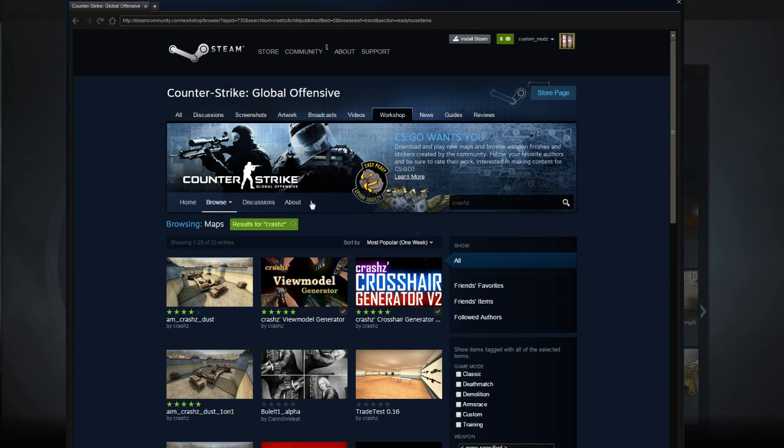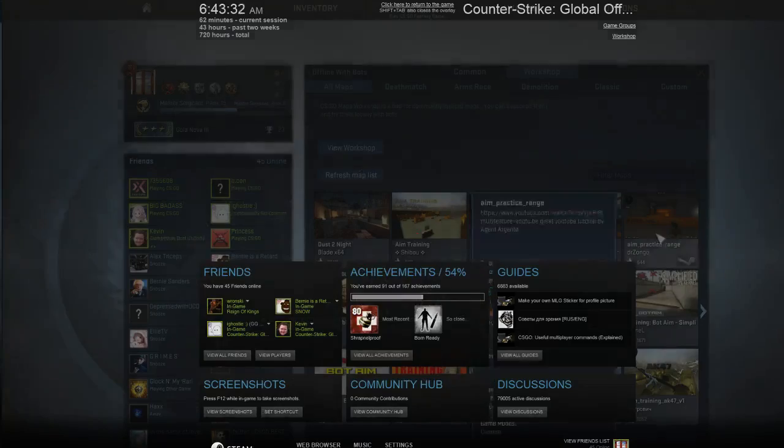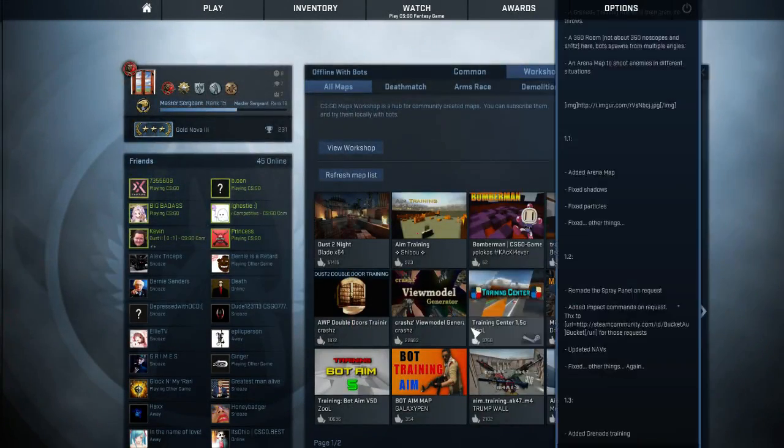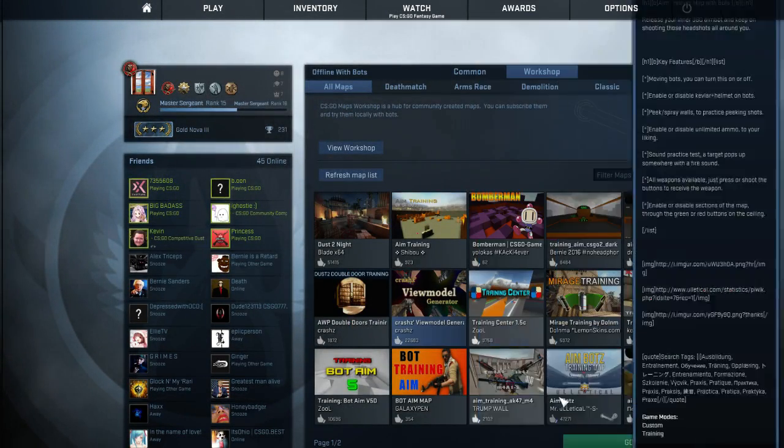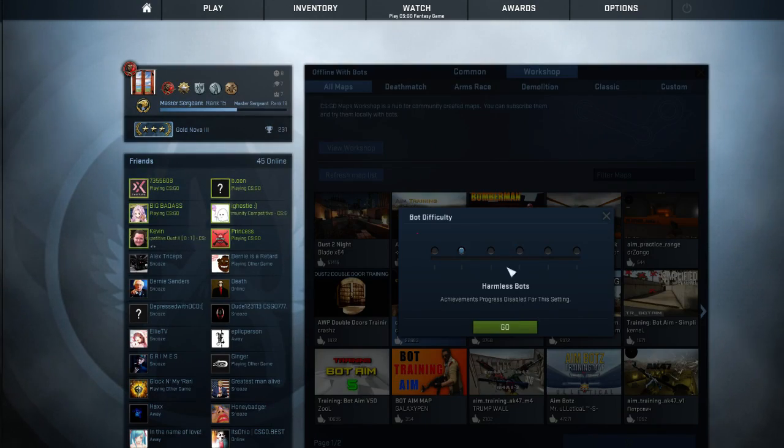Pretty much what you would do is just hover over the map and click on the plus sign that would be here, similar to this one. I don't have a plus sign here because I'm already subscribed to these maps. Once you subscribe to those, you will see them inside of your workshop. So let's take a quick look at the view model generator, and we're going to just do it with